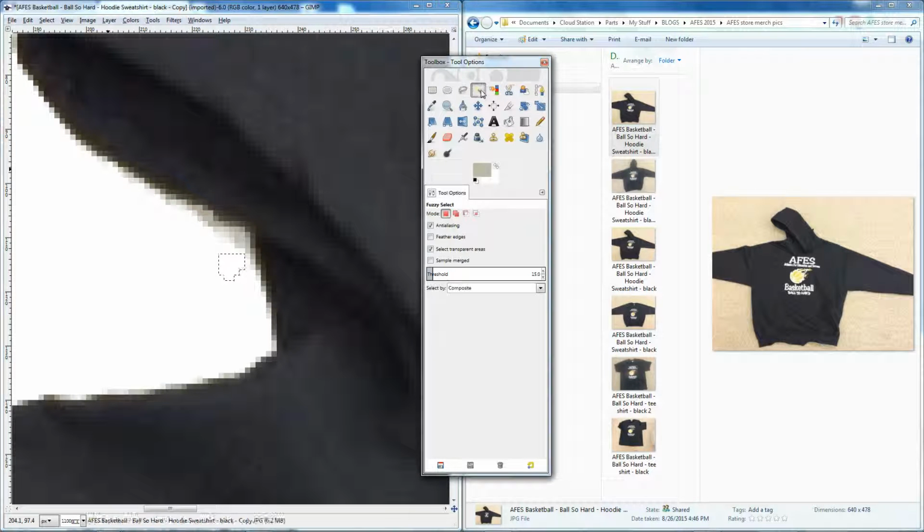Another thing you could do is keep going with your fuzzy select tool and try to get more regions here, but that gets pretty tedious. Another tool you could use is this other tool over here that also selects colors, called the Select by Color tool. But the thing that's tricky about this is that it selects every single pixel that's the same color in the whole entire image. And that can be dangerous for you if